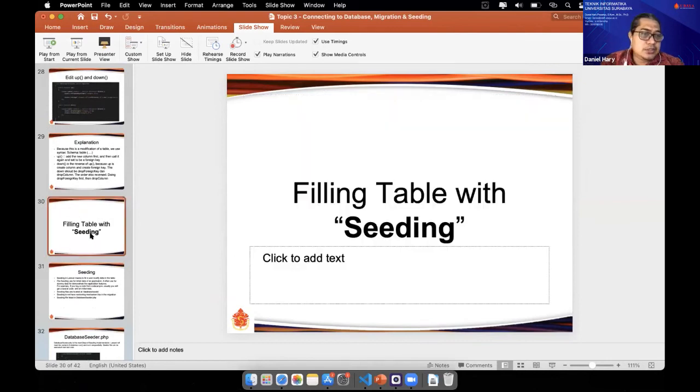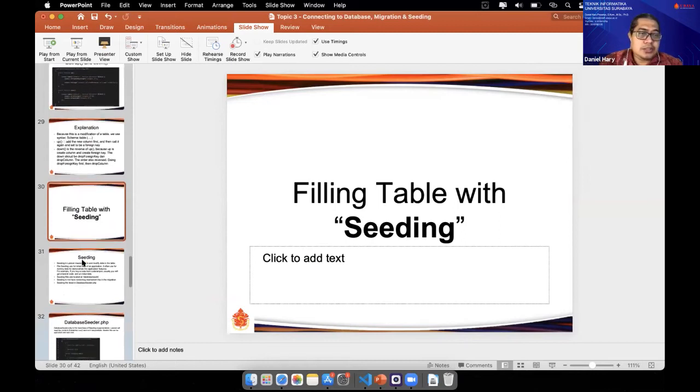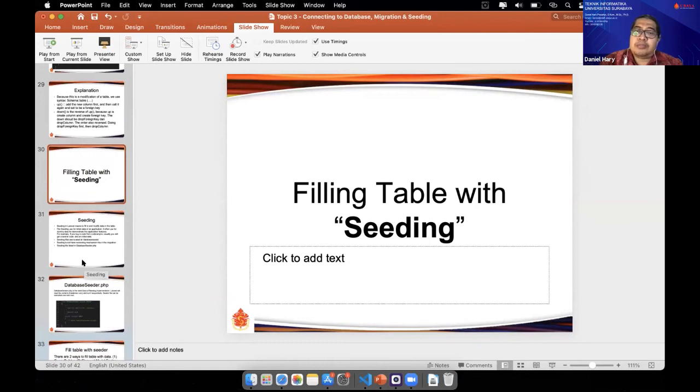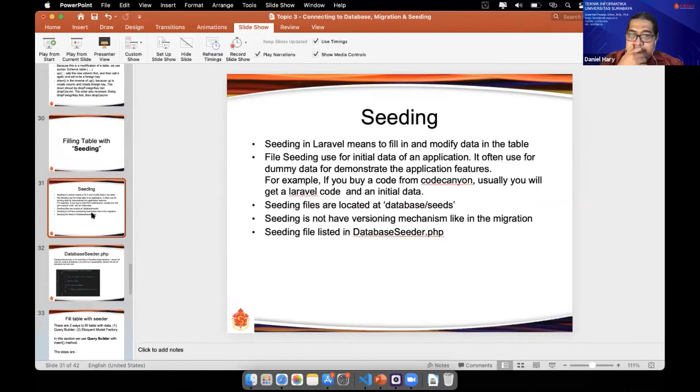So we open first slide 30, filling the table with seeding. Just keep it simple with one table, the product. After you are done with the product, we can roll it back and start again, putting another table with a relation to the product table. Seeding means to fill in and modify data in the table.